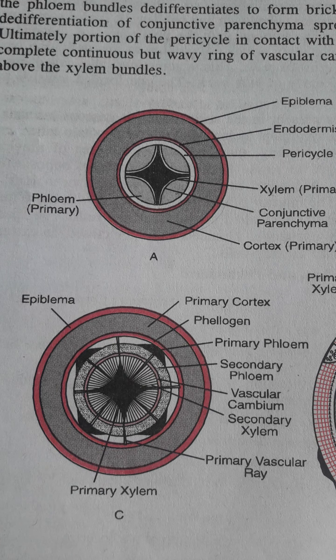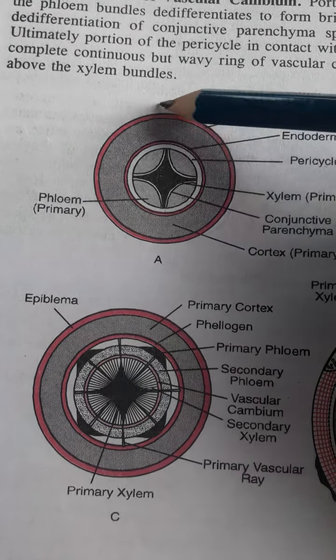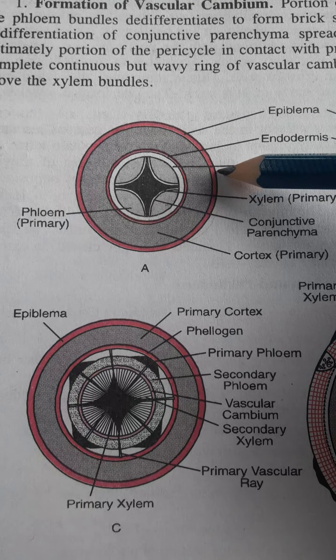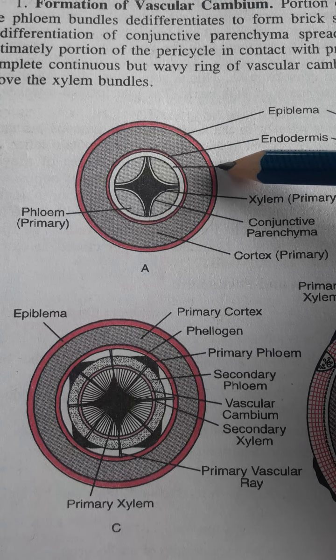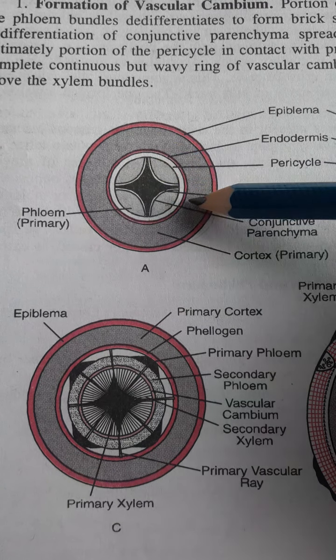Now, the secondary growth occurs due to the vascular cambium and cork cambium cells. Okay. Now, vascular cambium cells are present in between the xylem and the phloem part. Now, if we go through this diagram, see here, this is the epiblema, that is the outer portion of the root tissue. This is the cortex portion and this is endodermis, this is the vascular ring.